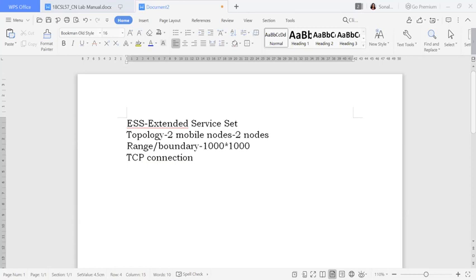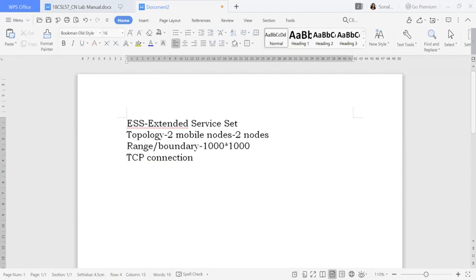So these two mobile nodes set up the TCP connections between them. Then the packets are exchanged between the nodes because they are inside the range, and if they move away, then the packets will get dropped.